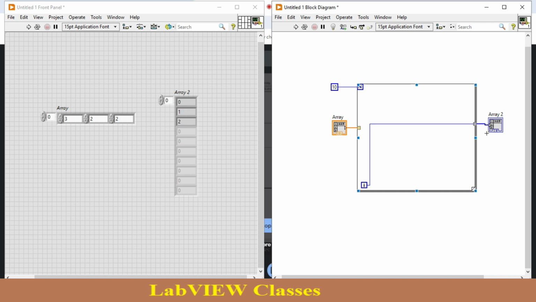Because array 2 is connected to iteration, it will run only 3 times. If I add one more array element inside this, how many times will it run? 4 times. As you see over here, 0, 1, 2, 3. And when I delete this one,